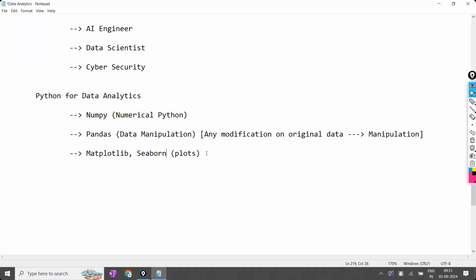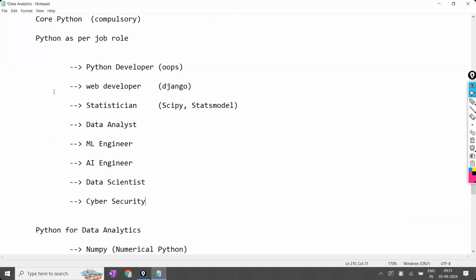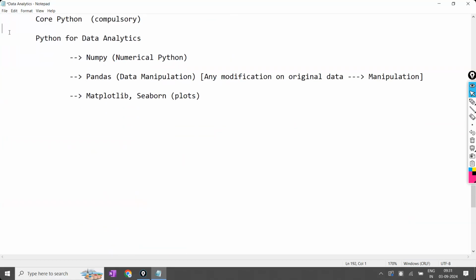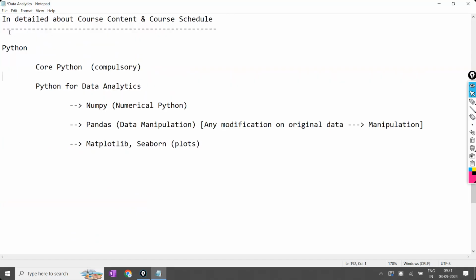But anyways, it will not take much time. It will take only 2 or 3 days. If you cover 2 or 3 days, we can understand that in Python we have covered everything related to data analysis and data analytics, right? So these are the things that will be covered from Python for data analytics, and these libraries will be covered. And here in core Python, we are going to understand the basics of Python, how to create a function, how to use a function, how we can work on the modules, I mean libraries, and how we can create programs. All this comes under here.